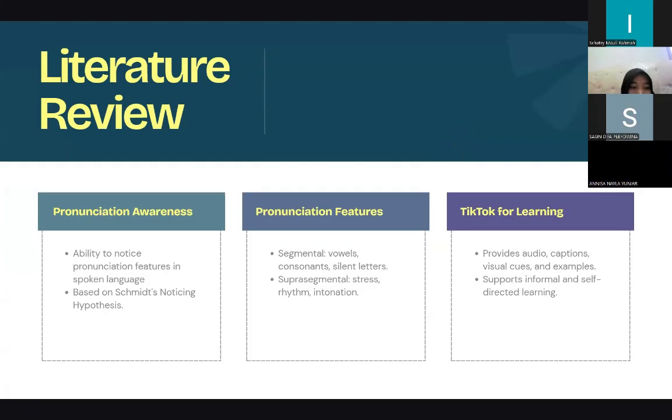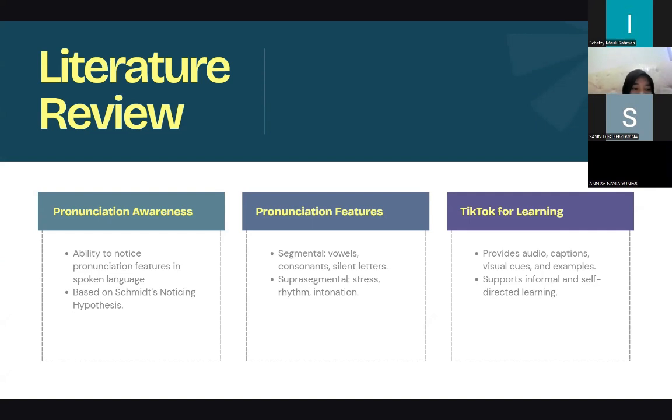The next slide is the literature review. Pronunciation awareness means the ability to notice pronunciation features when listening to spoken language. There are two main pronunciation features.